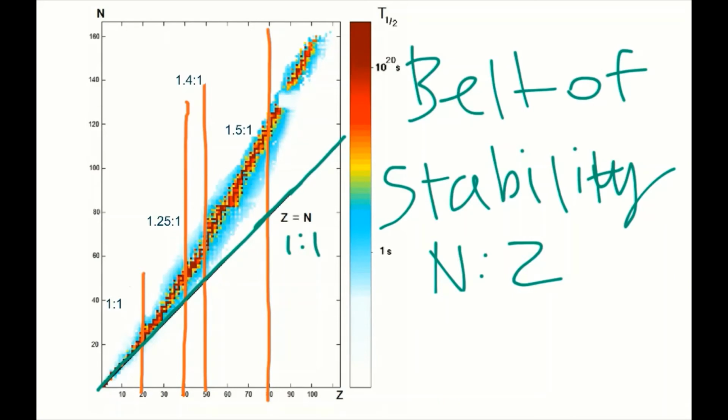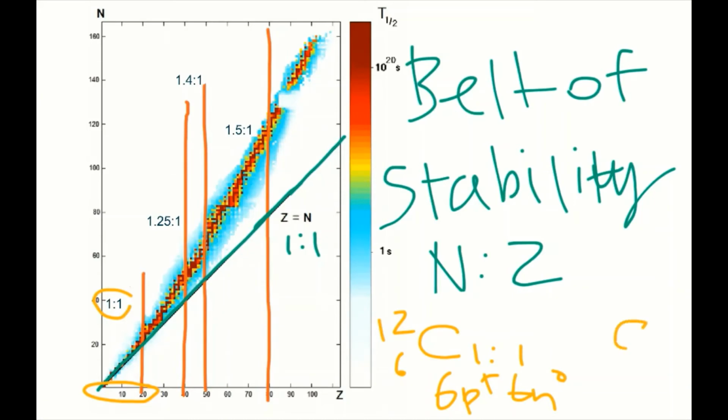So for elements that have an atomic number between 0 and 20, a 1-to-1 neutron to proton ratio will be stable. So for example, carbon 12 will be stable because it has 6 protons and 6 neutrons, and that's a 1-to-1 ratio. Meanwhile, something like carbon 14 has 8 neutrons and 6 protons, and this is not a 1-to-1 ratio. This is an 8-to-6 ratio, or when simplified, a 4-to-3 ratio, or when even further simplified, a